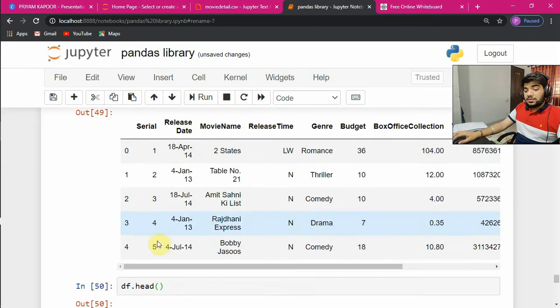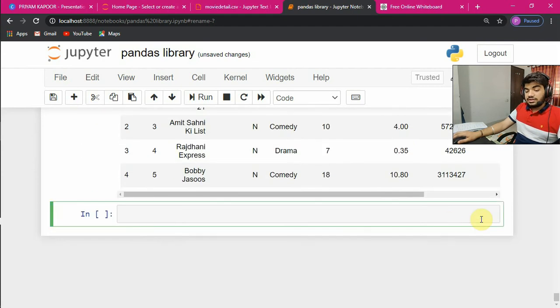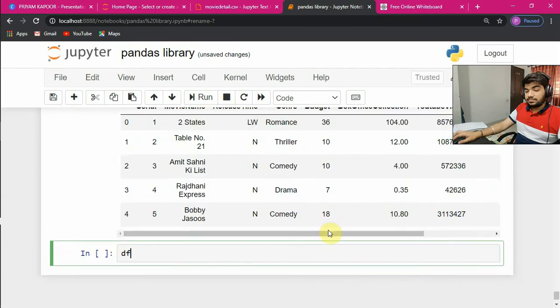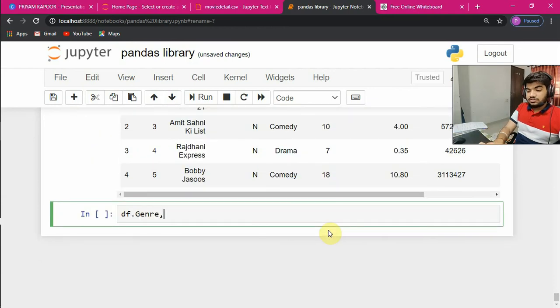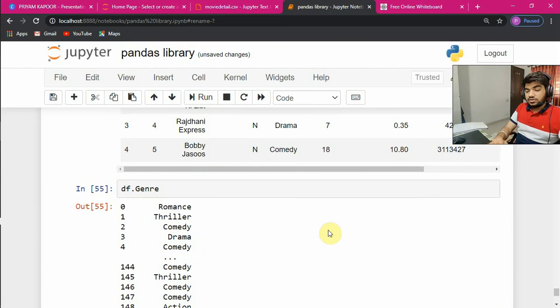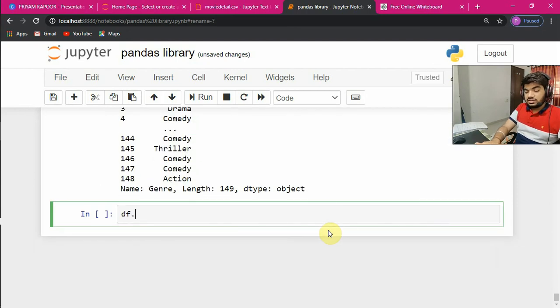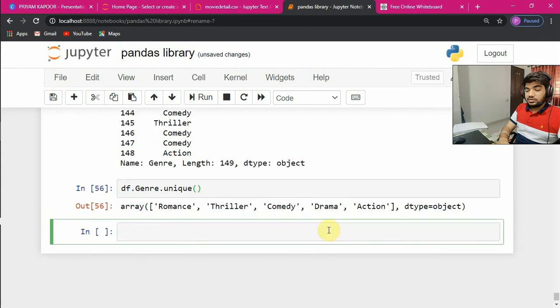Okay, now apart from this, what we have now is grouping of data. If you remember, I just told you all about df.genre, right? We got all the genres, and if I run df.genre.unique, what do I get? I get all the unique values.